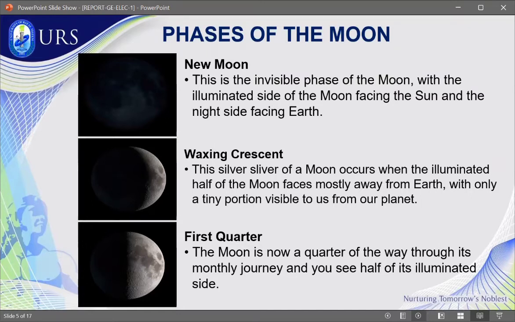Then the next is the waxing crescent moon. Waxing crescent, its moonrise was in the morning and moonset was in the afternoon. Its orientation was the right half is lit in the northern hemisphere and the left half is lit in the southern hemisphere. Ang position nito sa space kapag gumalaw na siya from new moon to first quarter moon. The crescent phase can be a good time to see Earthshine, when the sunlight reflects from Earth and gives the dark areas of the moon a faint glow.